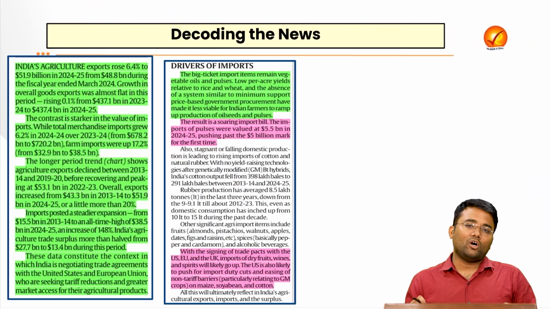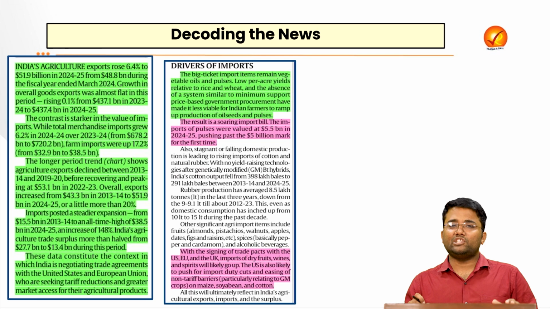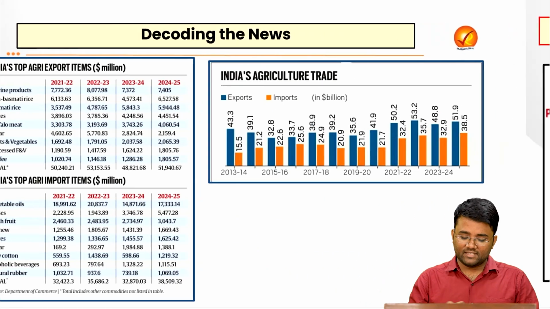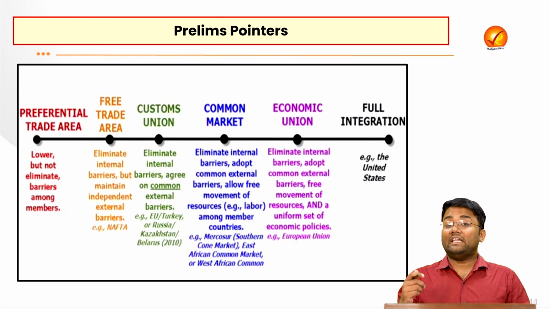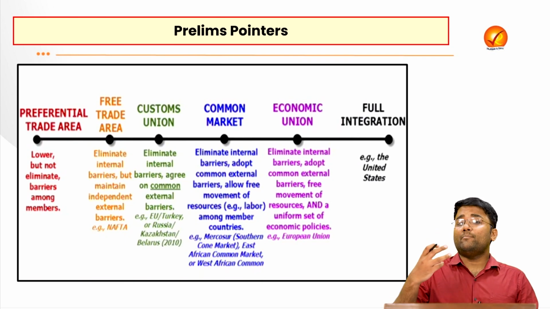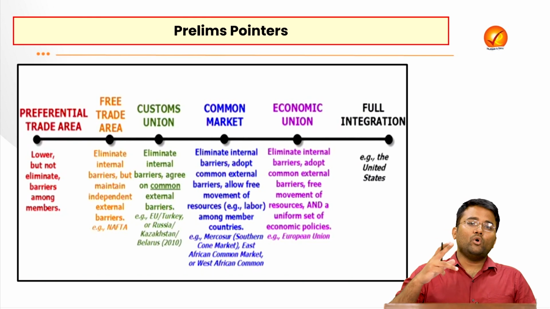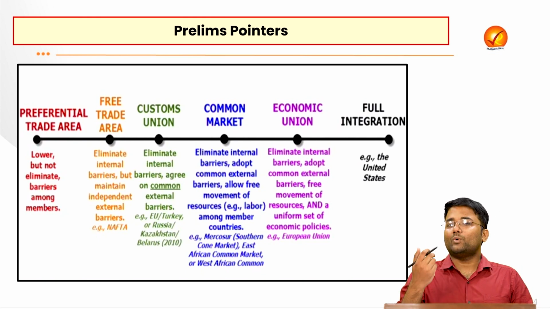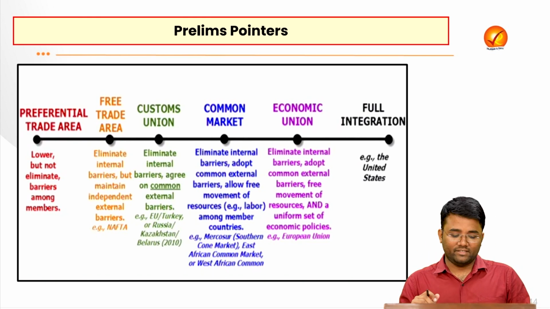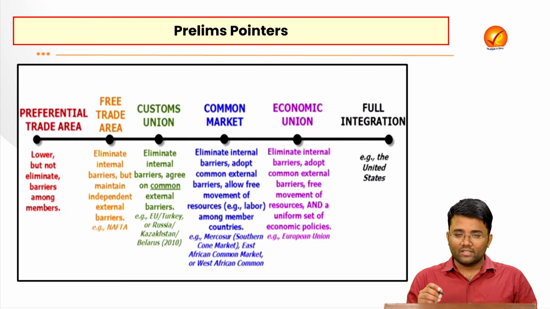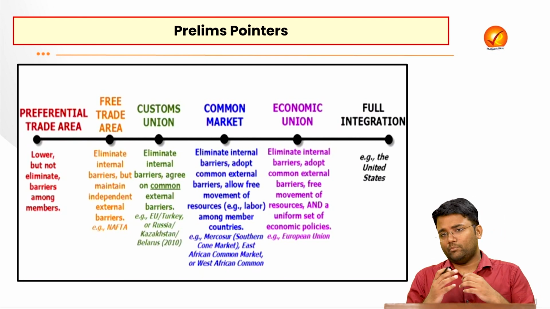So India is in talks for the signing or finalization of free trade agreements with various countries, and when the free trade agreement will be signed, there will be a drastic reduction in the various tariffs that are imposed on various commodities which are traded between both the countries who have signed the free trade agreement. First, let's try to understand what exactly is a free trade agreement. There are different trade agreements, depending on the degree of integration between the countries.